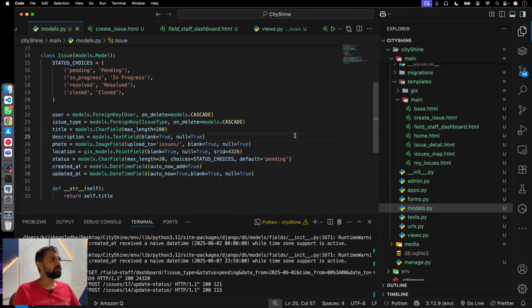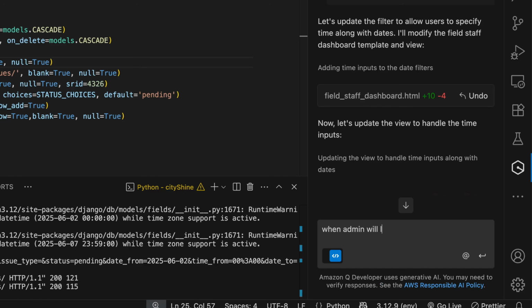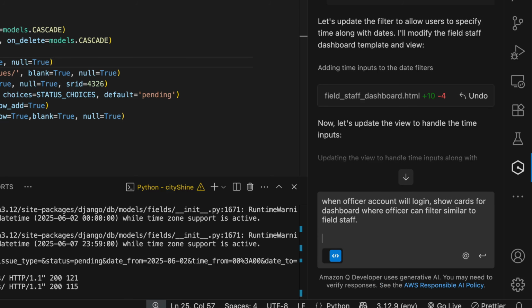So now it's time for us to move to the last module, and that is the admin. So now we will see that when officer account will log in, show cards for dashboard, where officer can filter similar to field staff, show another card as analytics,